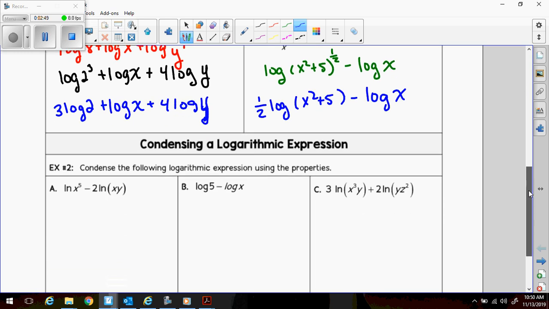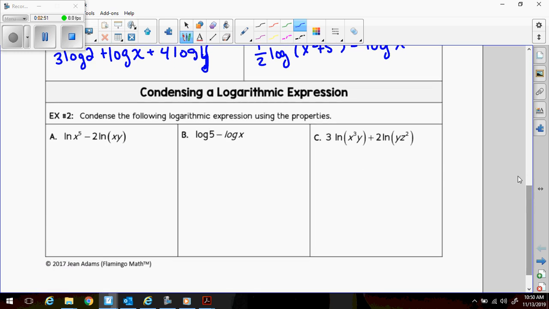Alrighty, go ahead and keep going. We're going to do condensing the logs. So we're going to go the opposite way. Whenever I see a minus, I know that this is going to be a fraction. So this is natural log of x to the 5th divided by the 2 goes,